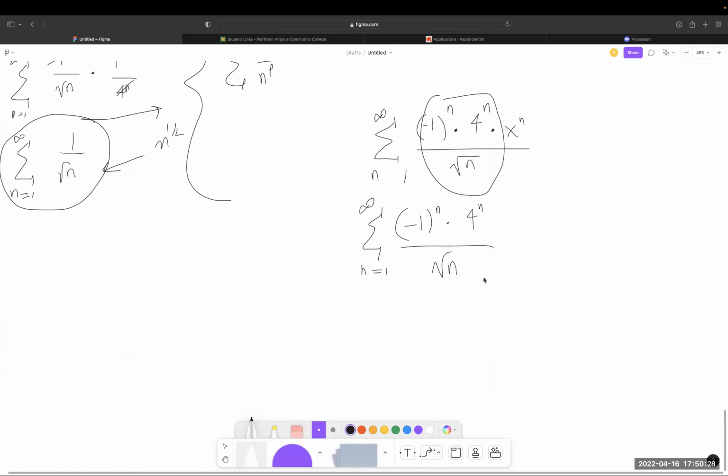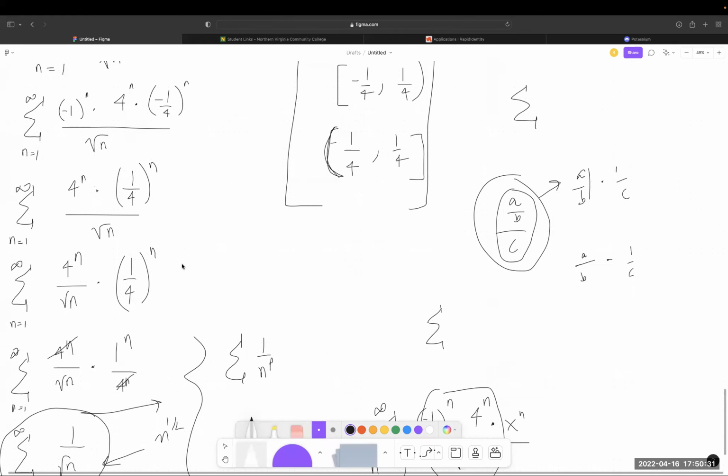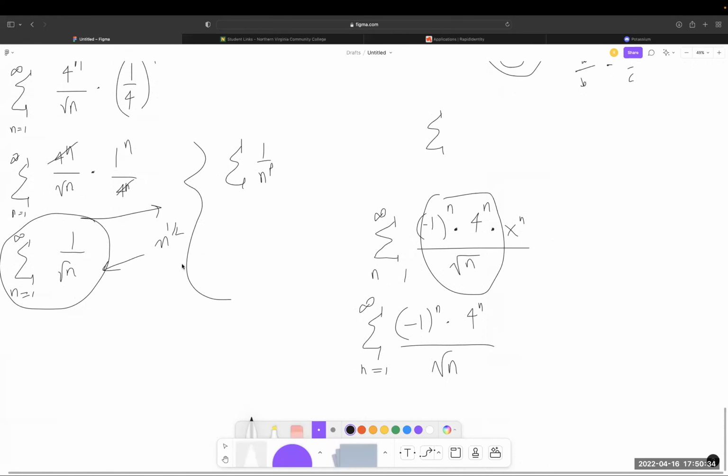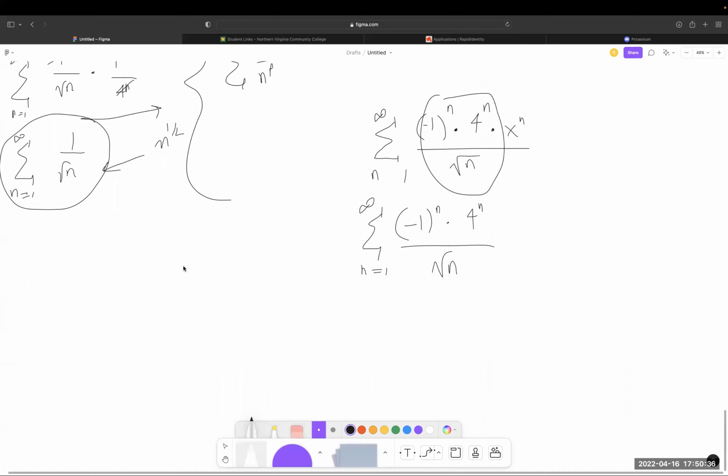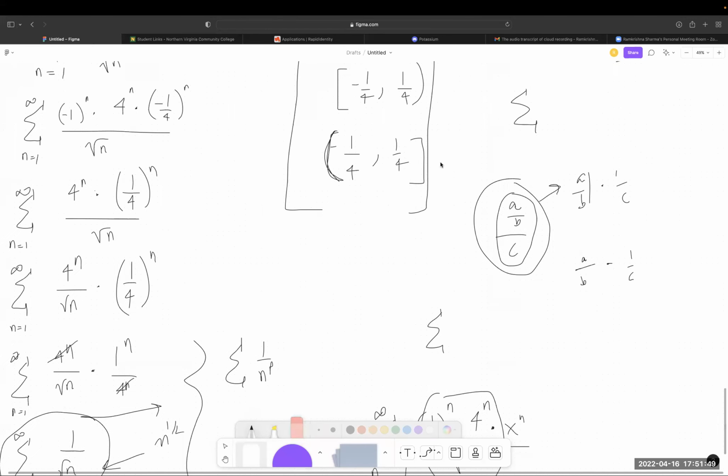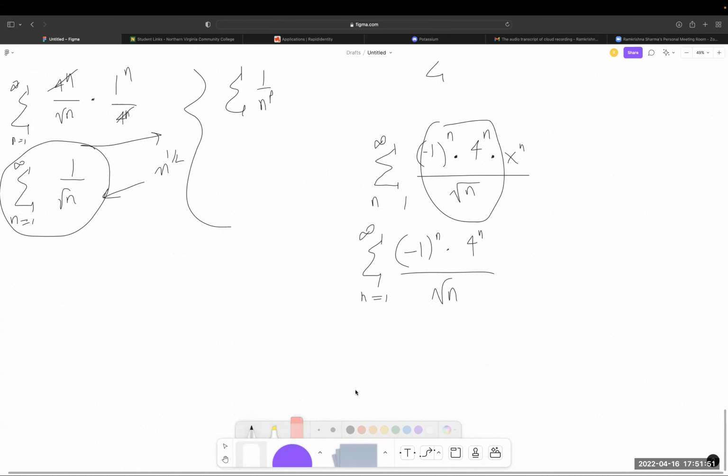And let's see, missing something here. And this would be an alternating series problem if I'm not, let's see. Right, actually, you know what, we plug in 1/4. That's sort of our other boundary point. We plug in 1/4 instead of the 1 there, my bad. So we do -1 to the n times 4 to the n times 1/4 to the n, all under root